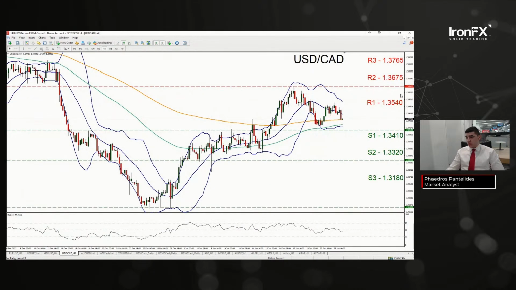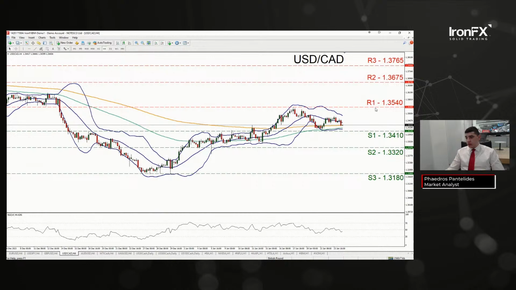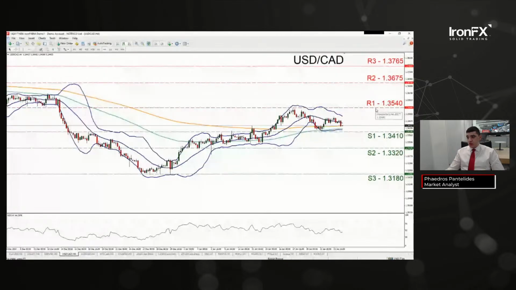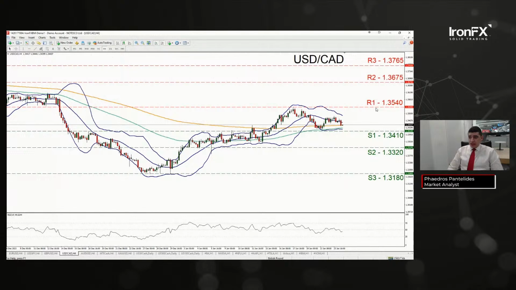USD CAD, so the dollar against the loonie. We know the BOC's interest rate decision is due out later on today, around an 85% probability in CAD OIS for the bank to remain on hold. The rest is for the bank to cut by 25 basis points. Now, personally, I would pay attention to the bank's accompanying statement,